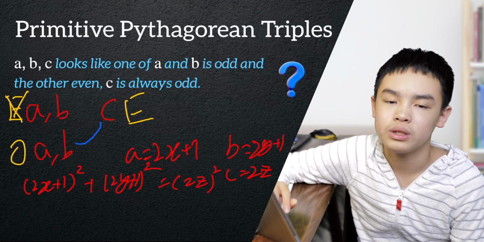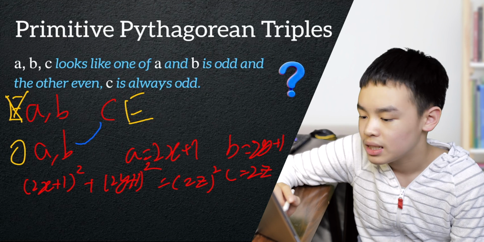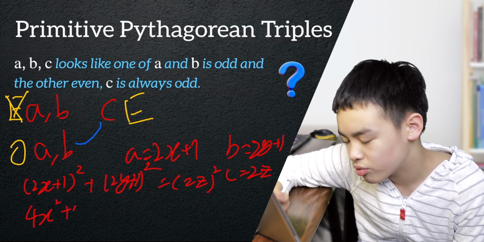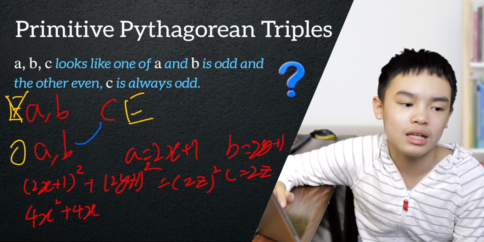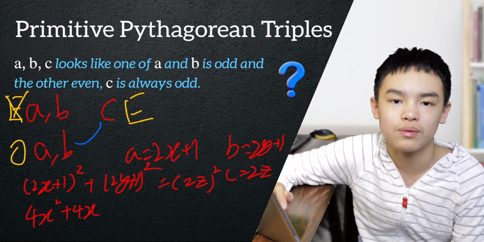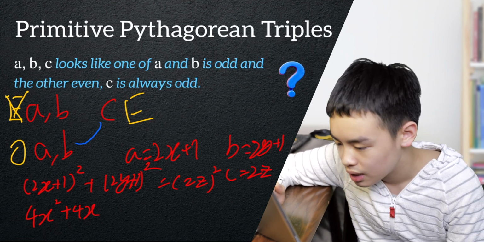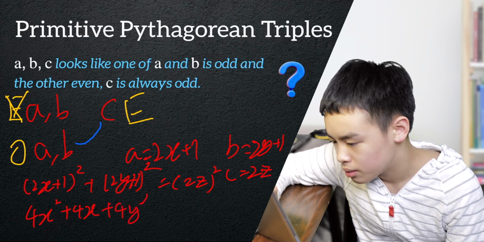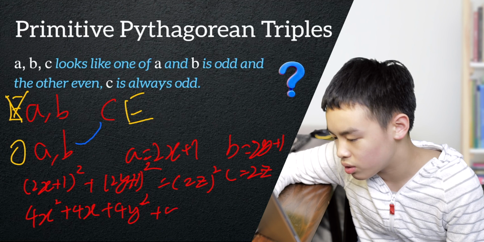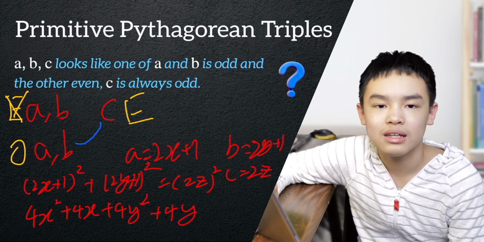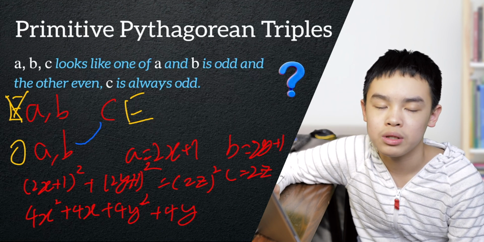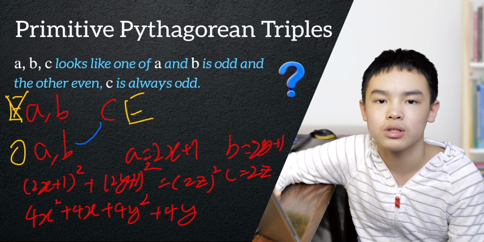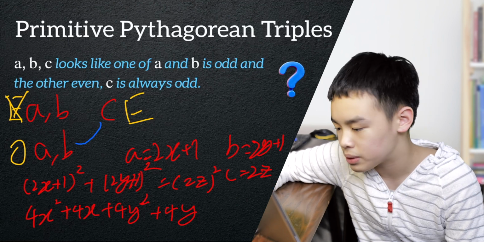And we open up the parentheses as always, and we get 4x squared plus 4x, and we're gonna leave the plus 1 and write it later. You'll see where it goes. And then plus 4y squared plus 4y, and the plus 1 coincides with this other plus 1, and we have a plus 2,